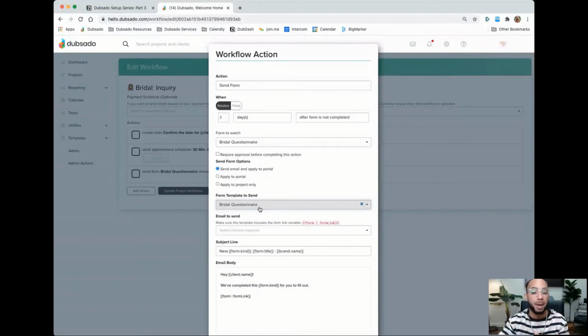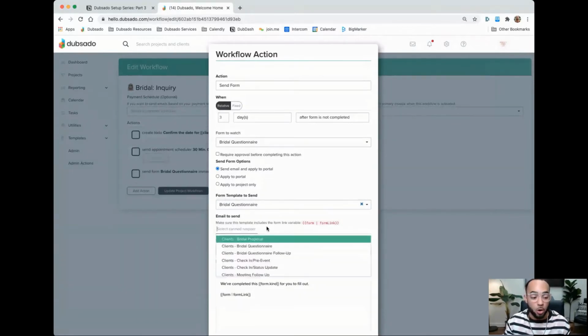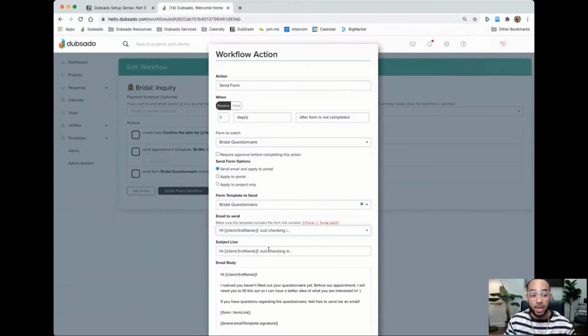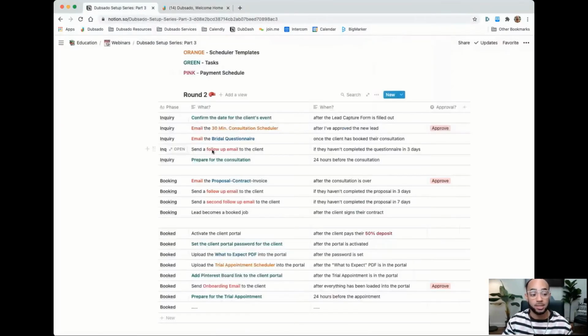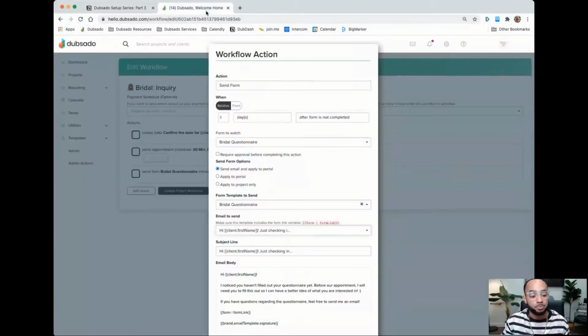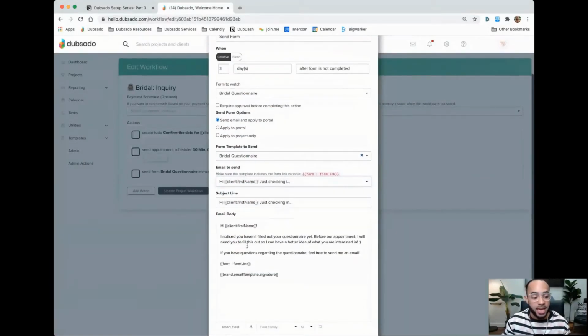So you have to remember that with the forms. So I'm saying I want to send out my bridal questionnaire if they haven't completed it in 3 days. And now it's going to ask me, what email do I want to use? So I wrote out a bridal questionnaire follow-up email, which, if we're looking at this process, send a follow-up email, I should have done that already. So I already have the email, but the only difference is, if you see this here, I have that form